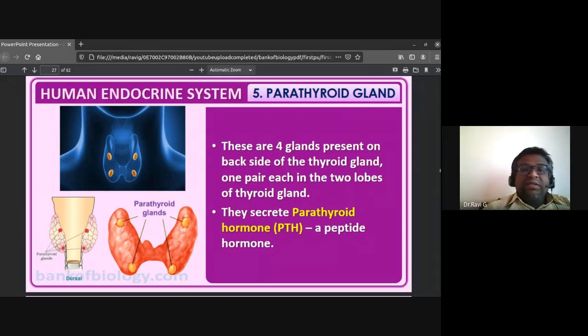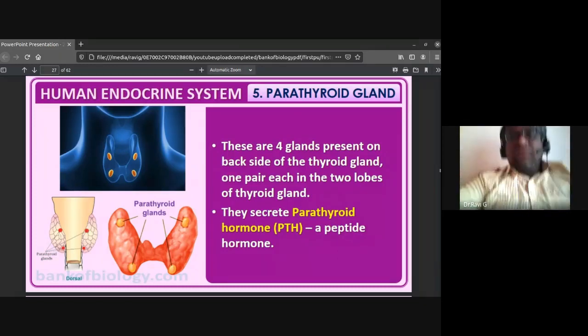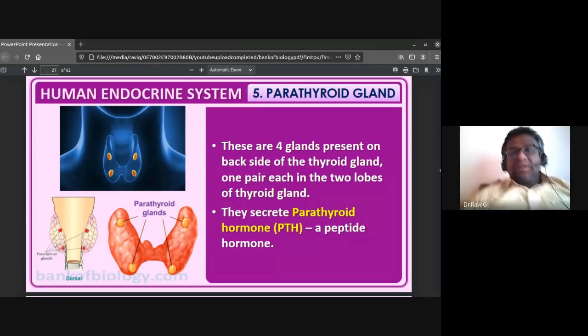Diabetes mellitus is because of deficiency of insulin. Diabetes insipidus, we call it. It is deficiency of ADH which causes diabetes insipidus. So you have to remember this diabetes insipidus and how the deficiency affects us. Diabetes insipidus leads to dilute urination. A huge amount of water is lost through the urination process, mainly because of deficiency of antidiuretic